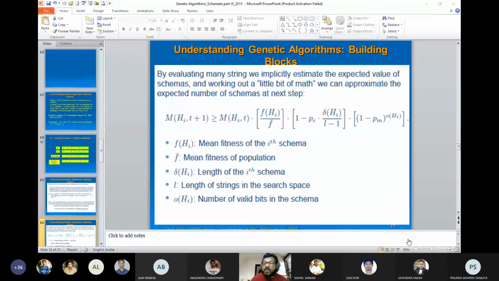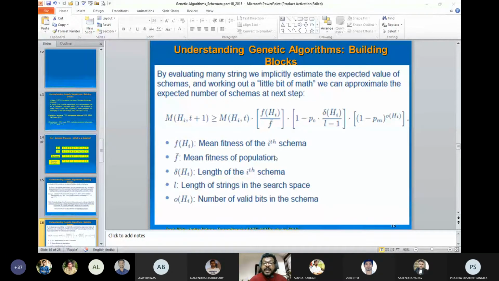What we are calculating, if you remember the first example, is hi for all the individuals. Without a schema, we are calculating for all the individuals. Now we'll be calculating for selected individuals. Let us say the population is 10, out of which 8 are coming under three different schema, H1, H2, H3. We'll only be calculating their fitness value, that is f of hi, and the average, or mean fitness value.